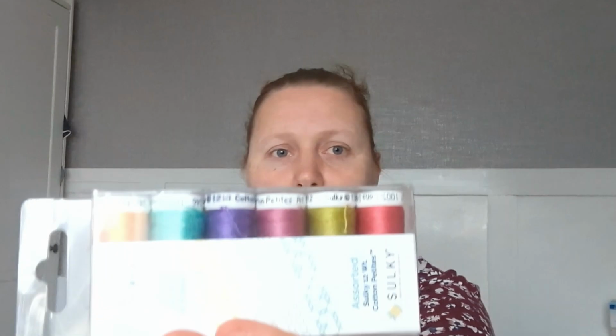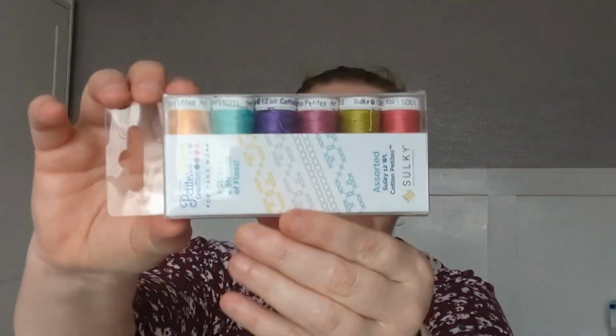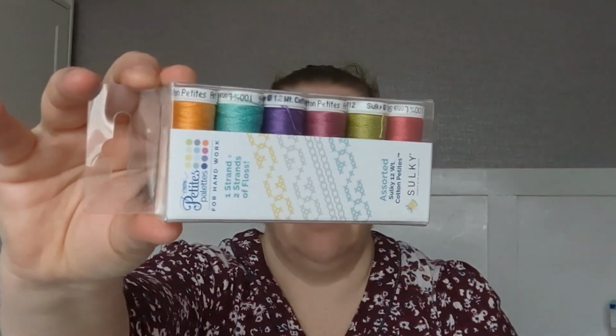I asked Olivia to choose my colours for it. I've got some Anchor as well as CXC, so I thought I'd use Anchor to stitch this up. I did try Sulky Lightweight, but I'm not getting on with it. So I'm using Anchor